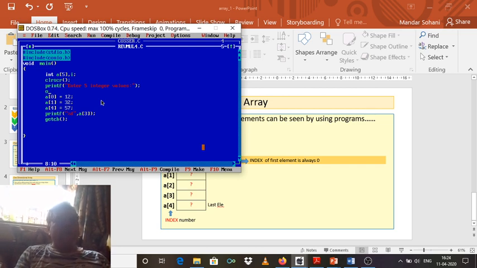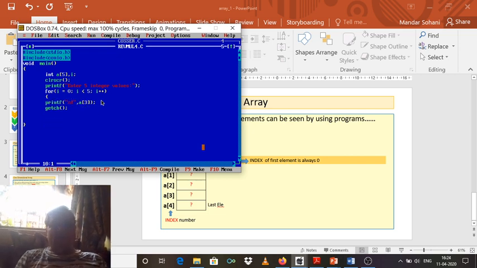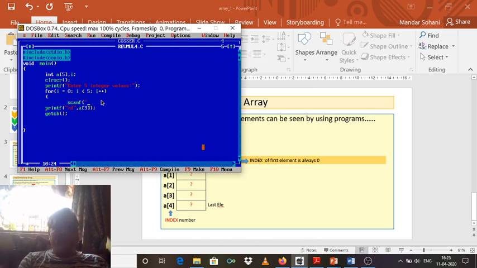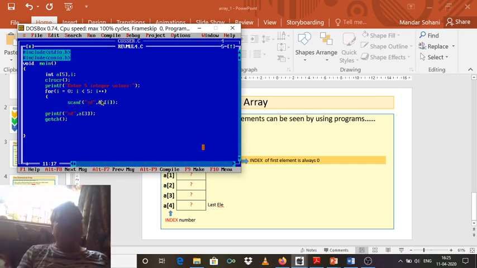For that I will write for i equal to 0, because the index of the first element is 0, i less than 5 because we need to do this 5 times, i plus plus, and inside this for loop I will write a scanf command like this. We'll write scanf percentage d for integer values and address of a[i],